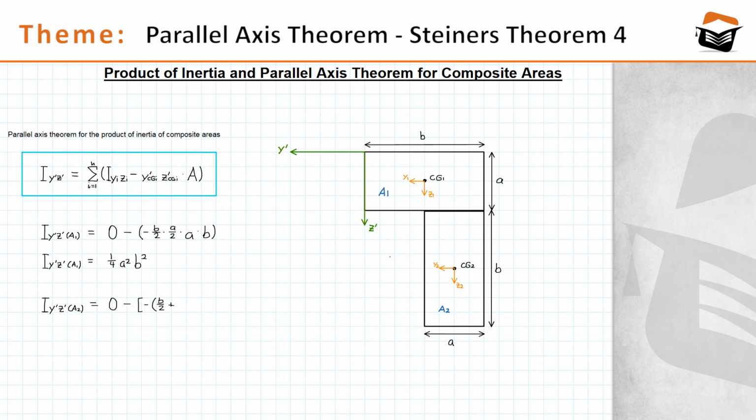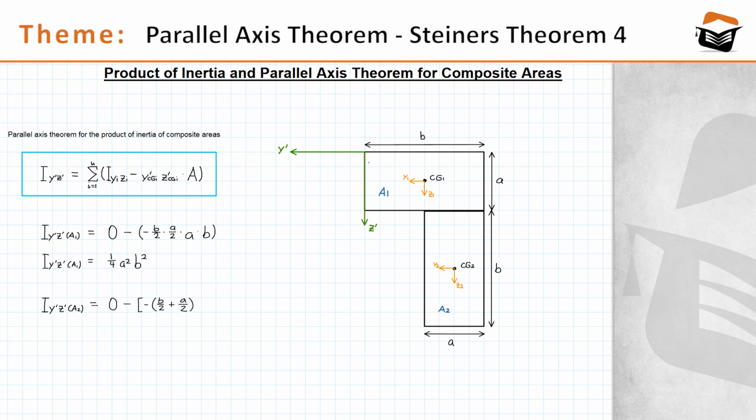Now, if you don't consider the negative sign, if you simply look at the absolute value of the distance, it's going to be b half plus a half, but since that whole distance is in the negative y prime region, b half plus a half must be affixed a negative sign. So b half plus a half, and the whole thing affixed with the minus,